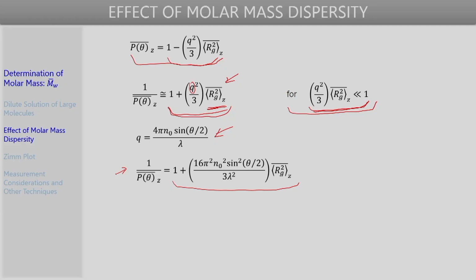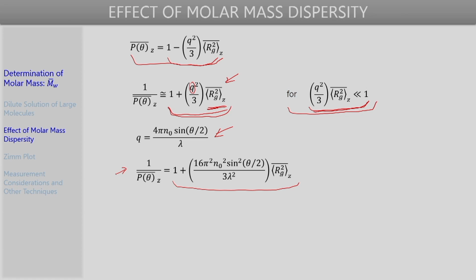So, now that we have this expression for the Z average P(theta) or the reciprocal of that, we can incorporate it back in the expression for the static light scattering that we had developed earlier for large solute molecules,